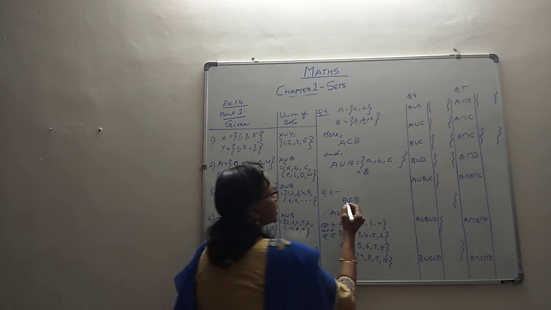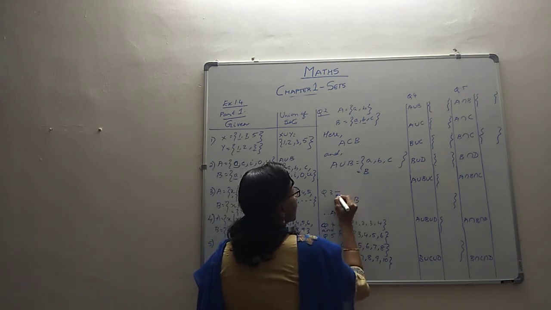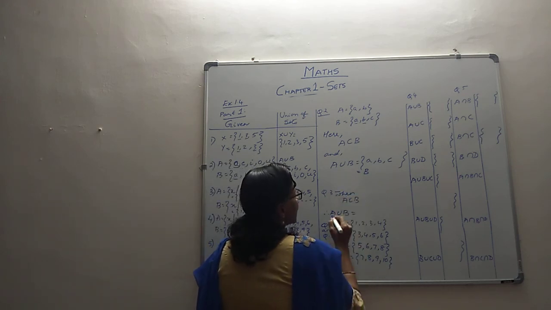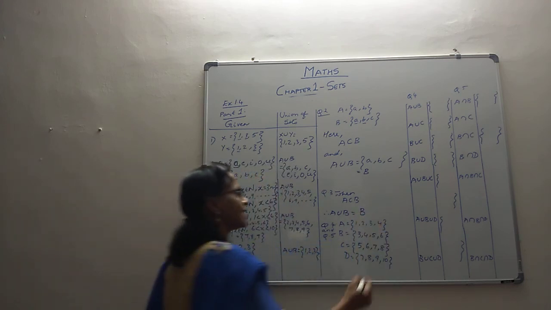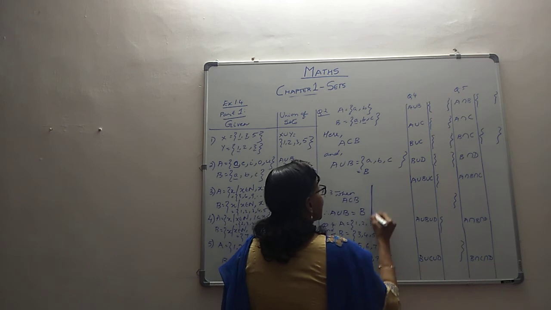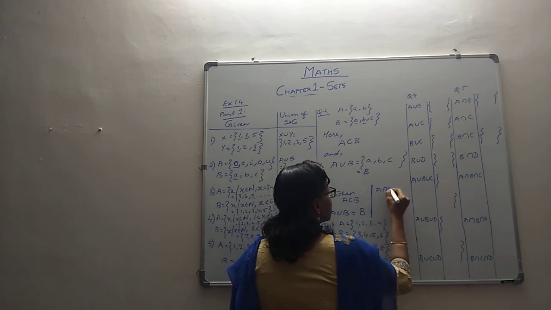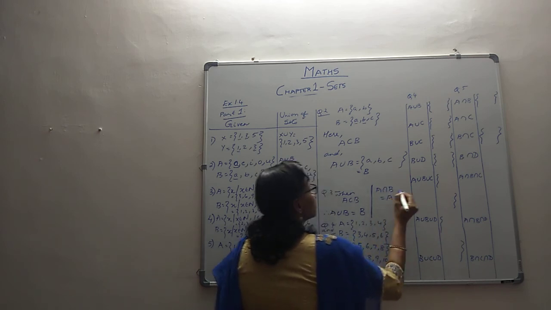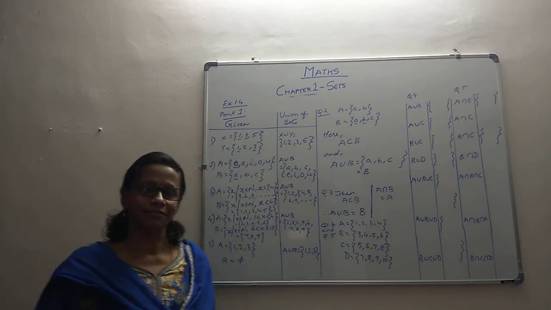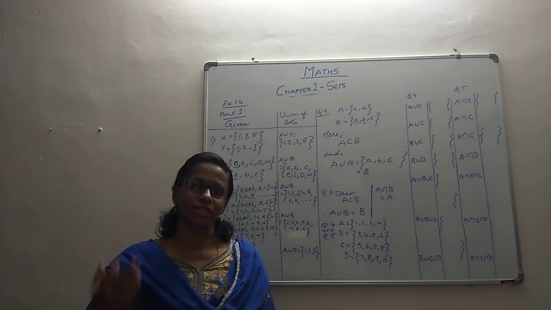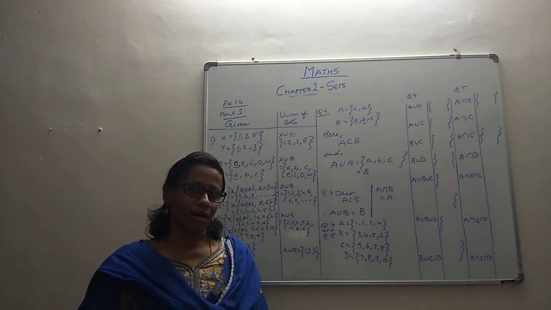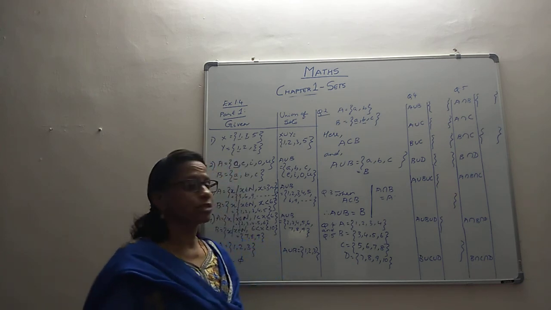That whenever A is a subset of B, A union B will always become the bigger set. And as I said, we will all keep this in mind, that also A intersection B, when we talk about the intersection, it is going to be the smaller collection. That we will keep in our mind so that it will come to our rescue whenever we have to take up a smaller mark question. So that is about question number